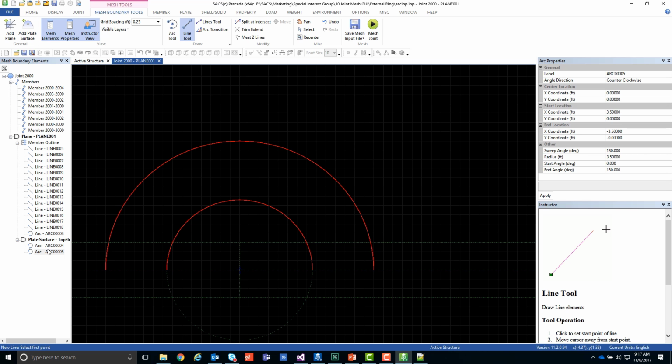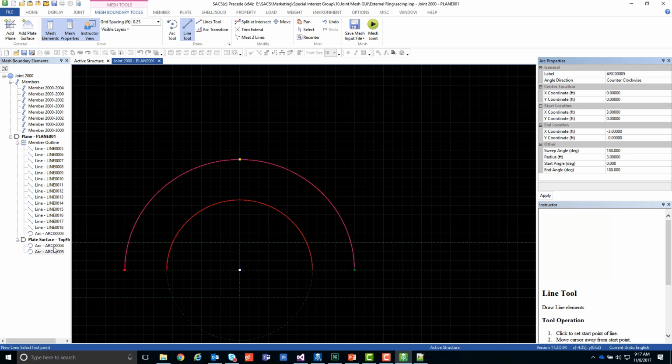I think what I'm going to do is put this at 3, and then I'm going to put the end of the transition piece at 3.5. I think that's what I did in my example before. So let's see. We're going to create a line for the flange here,